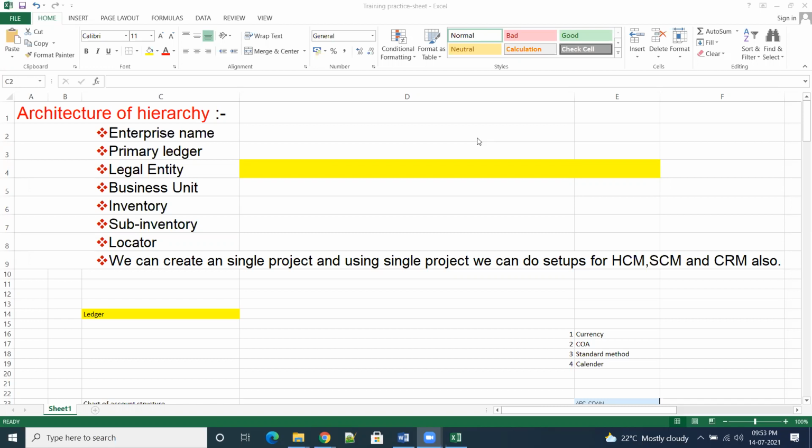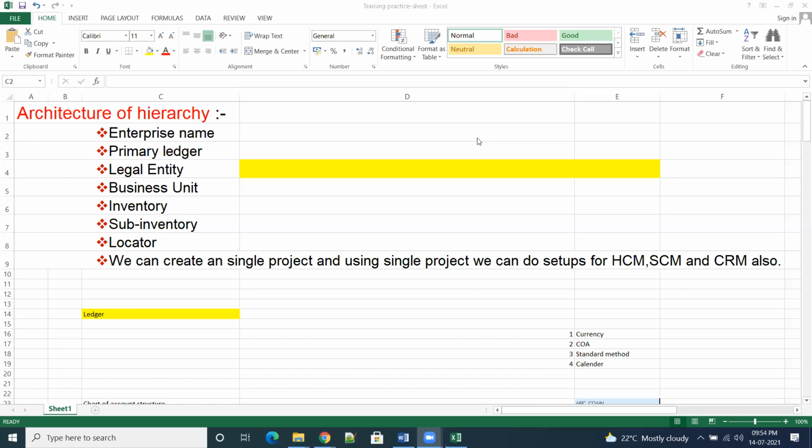In the cloud environment, let us say for an SCM consultant, their work will be responsible for inventory, procurement, product information, that is PIM, item creation, and manufacturing. Or they will ask order management, procurement, inventory, and then manufacturing.